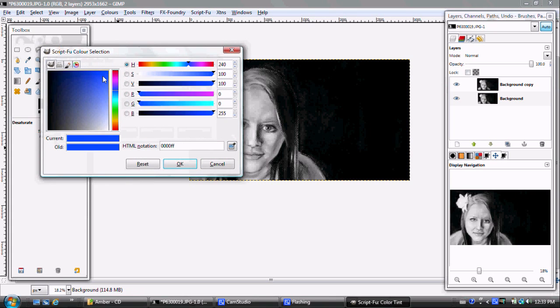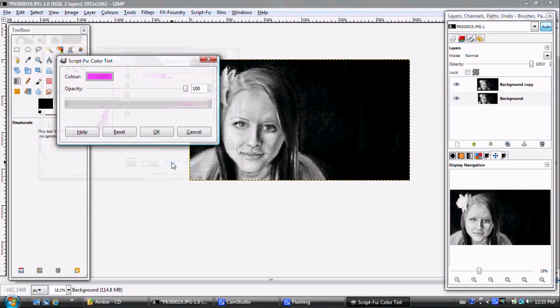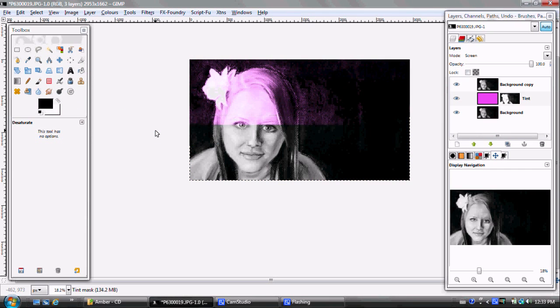And I click color, and I'm going to click into the pink range there, almost sort of a purple. And I'm going to adjust the colors down to get it closer to a pink color with enough saturation in it to show through. I click OK on that, and then I click OK on the dialog itself, and it will give it a